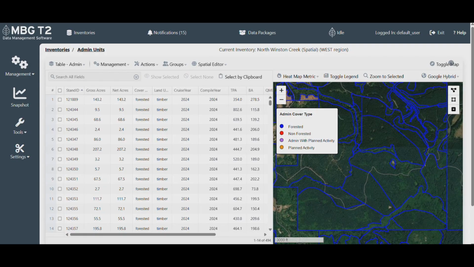MBG-T2 can handle inventory with spatial information or strictly tabular inventories. In all cases, depletions create a completed activity record that can be used to track and summarize timber harvests and other activities. The first approach, which is the depletion of an entire admin unit, can be applied to either a